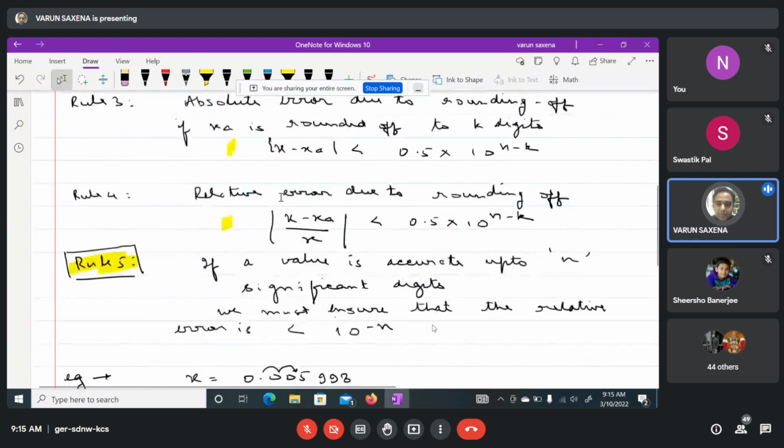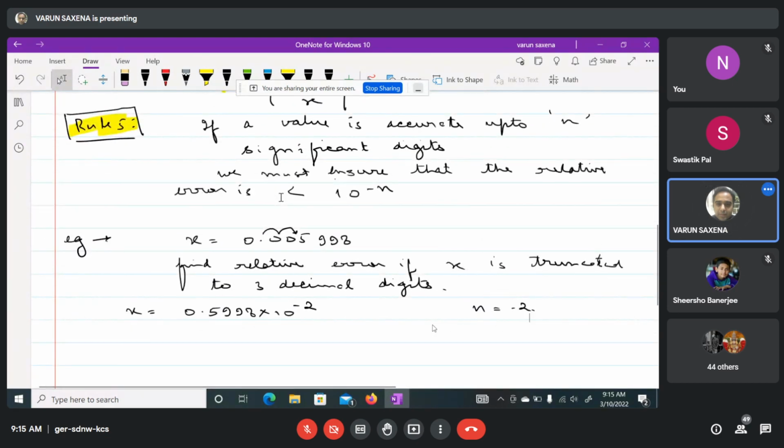D1, D2, D3 are values here which are 599. Okay. Now when you're truncating it, so your XA, so you're snapping it at this point, so your XA becomes 599 into 10 to the power of -2. Okay. So your relative error, I would call it RE, is going to be X minus XA divided by X. So that value will come out to be